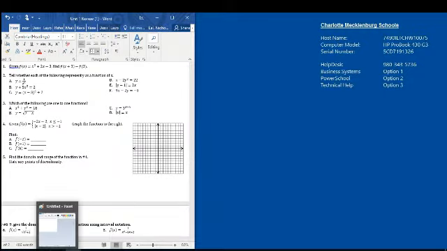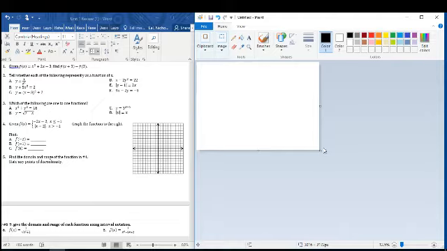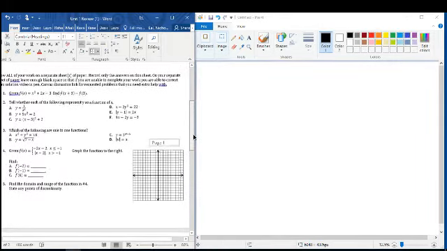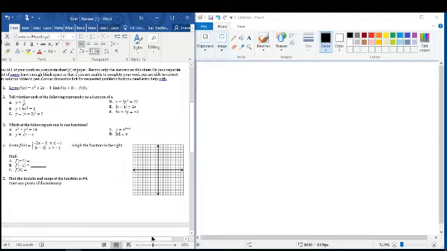So I have the practice test on my left, Microsoft Paint on my right. I'm going to draw the solutions on Microsoft Paint and write the answers on the practice test. Okay,